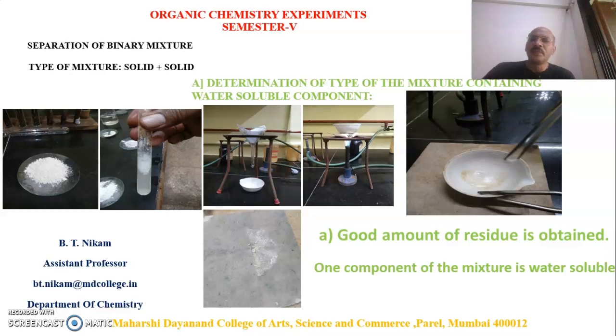So here it indicates the importance of the solubility test. That will give you a way for type determination, and exactly on the basis of type determination you will do their separation by chemical method or physical method. So in this video we will see how to determine chemical type for a mixture containing water soluble components.